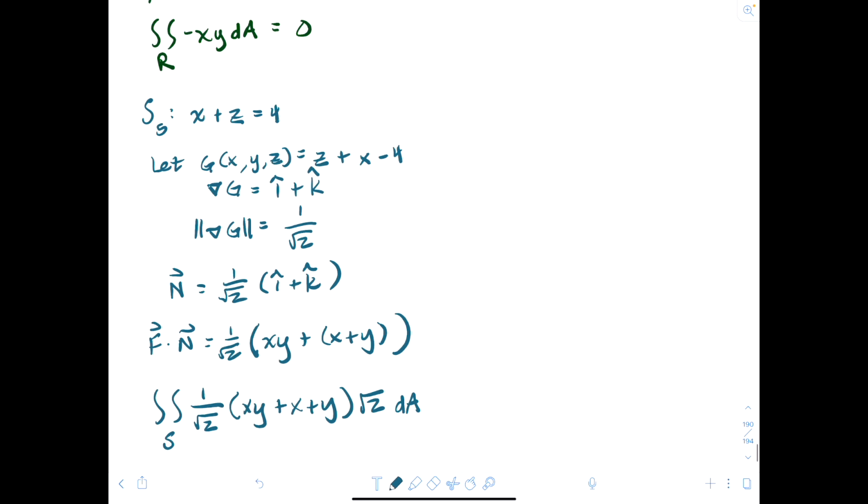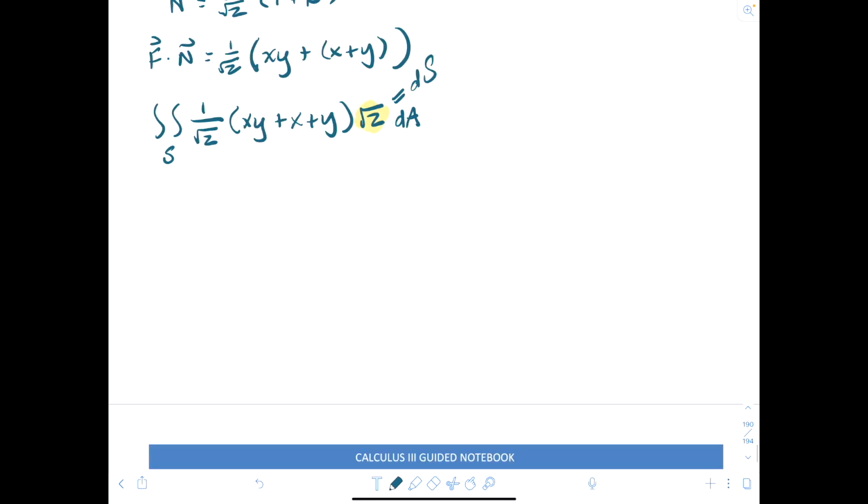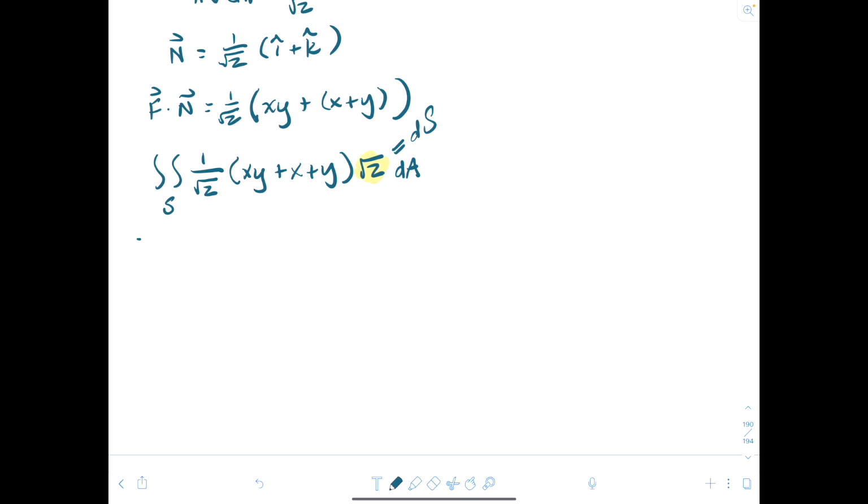Now that in turn will be equivalent to, the root 2's will divide out to be 1. And so this will be the integral from 0 to 4 and 0 to 4 of xy plus x plus y, and that's going to be dy dx. Okay? So we will have the integral from 0 to 4 of